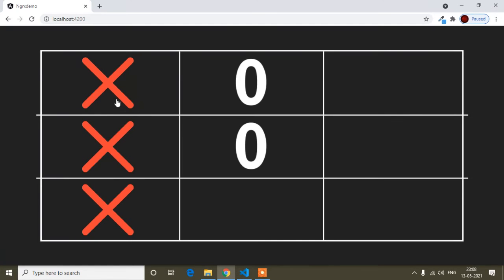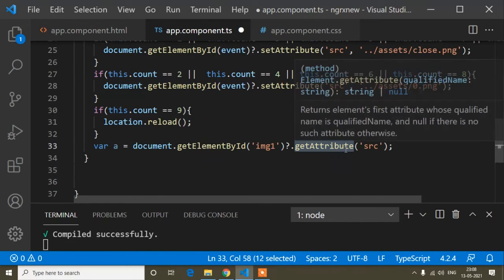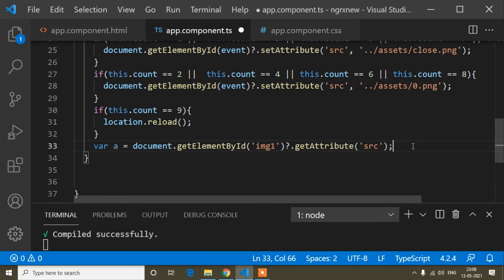When the 0 is at the same angle, that time it will be the winner. So that's why I'm getting the attribute, and it will be clearer to you next.